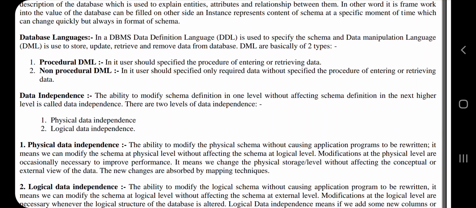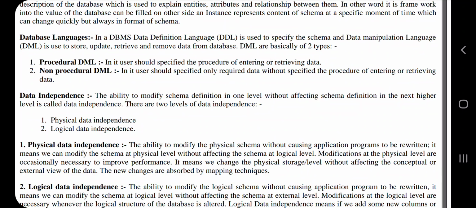Database language. In a DBMS, data definition language DDL is used to specify the schema, and data manipulation language DML is used to store, update, retrieve and remove data from database. DML are basically of two types.